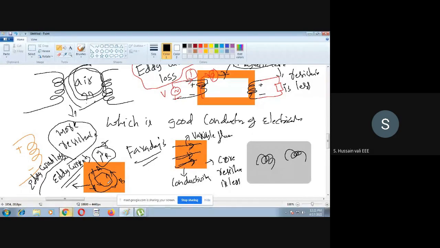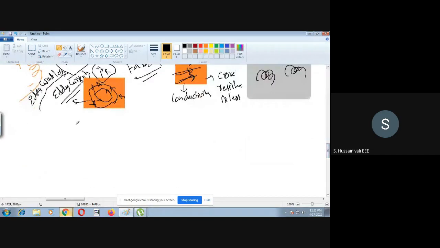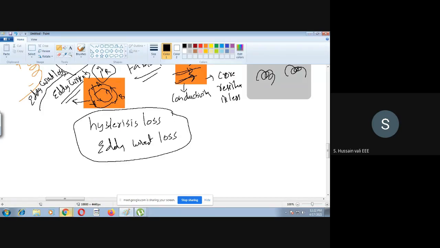So this is another power loss you will find in the magnetic core. And this power loss you don't find in the case of air. Why? Because air is an insulator compared with the magnetic core. So what do you find here? Compared with the air core, two extra power losses have come. What are the two extra power losses? Hysteresis loss is one power loss. The second loss is eddy current loss. So these two losses you will find in the magnetic core, whereas these two losses are absent in the air core. This is the conclusion I will say.